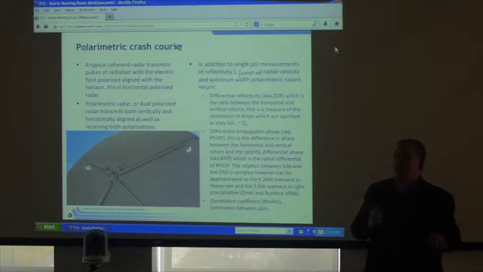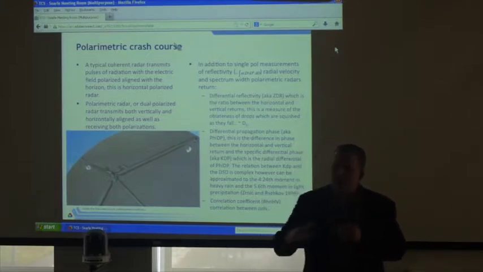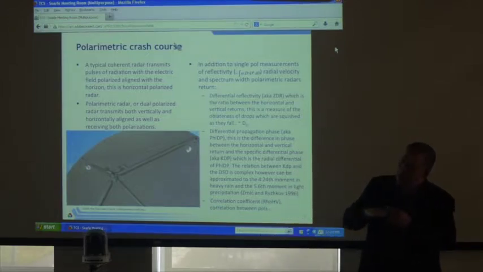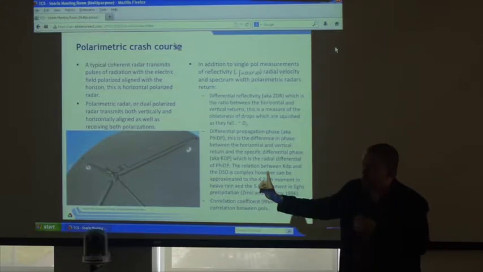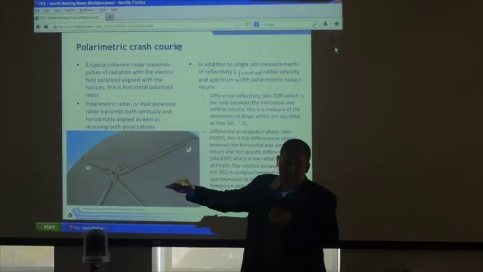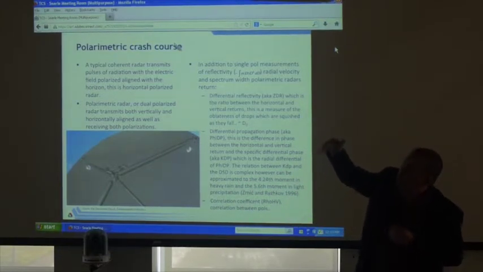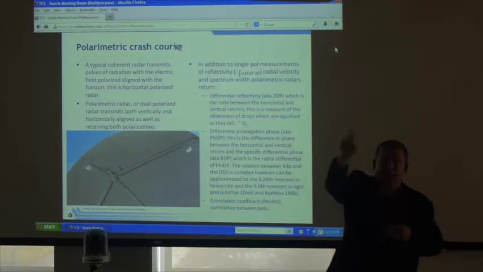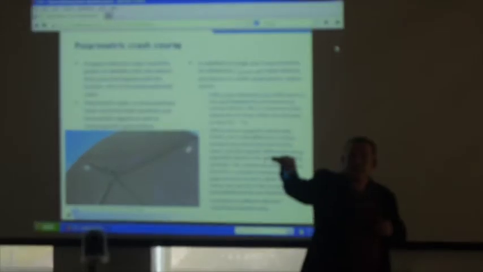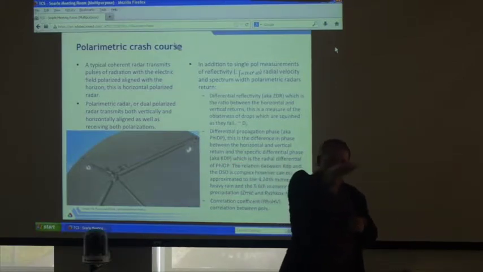Now we're going to step to, probably, the 70s to 80s, and I'm going to talk about polarimetric radar. Most radars are non-polarimetric. They send out a polarized beam of radiation that has its electric field oriented horizontal to the Earth's surface. The reason why we do that is because as drops fall, drag makes them go oblate. So they end up with a shape like this. So they have the greatest cross-section in the horizontal axis.